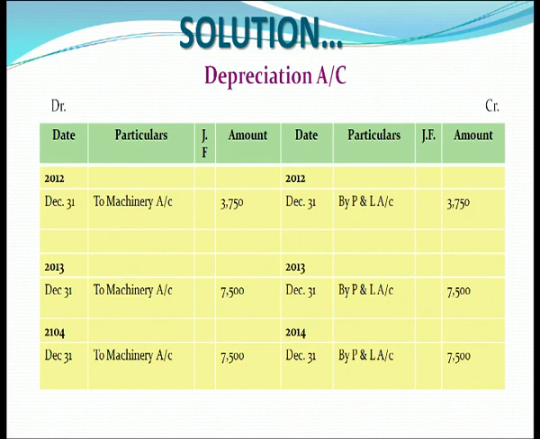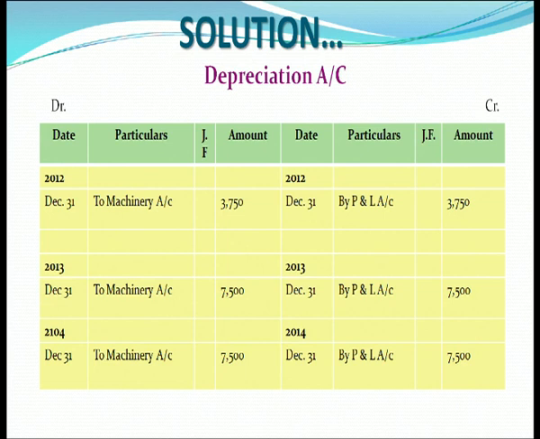So, 3,750, and this needs to be closed by transferring it to the profit and loss account. Since it's an expense of revenue nature, every year it has to be transferred to the profit and loss account, so that we are able to ascertain our true profit and loss for every year. So, this would be transferred with the entry profit and loss account debited to depreciation account for the amount of